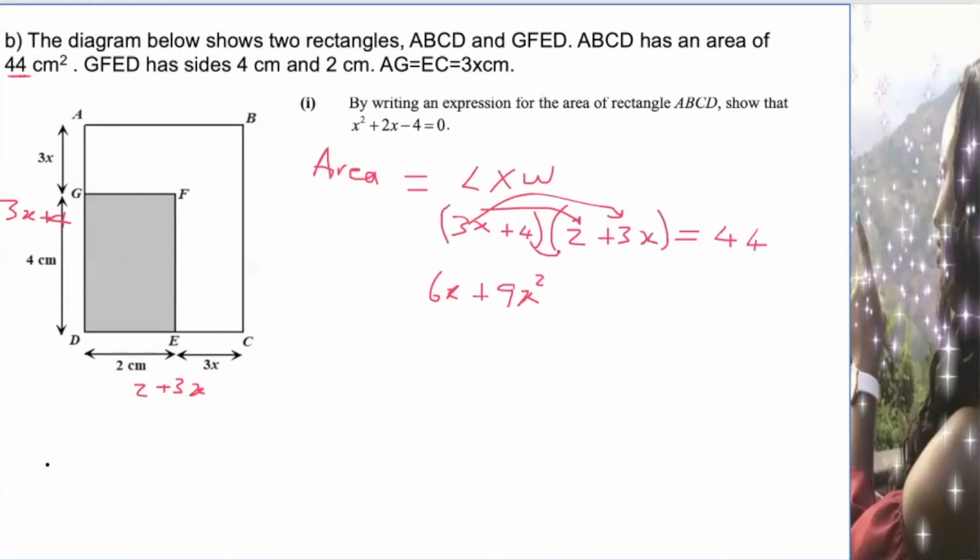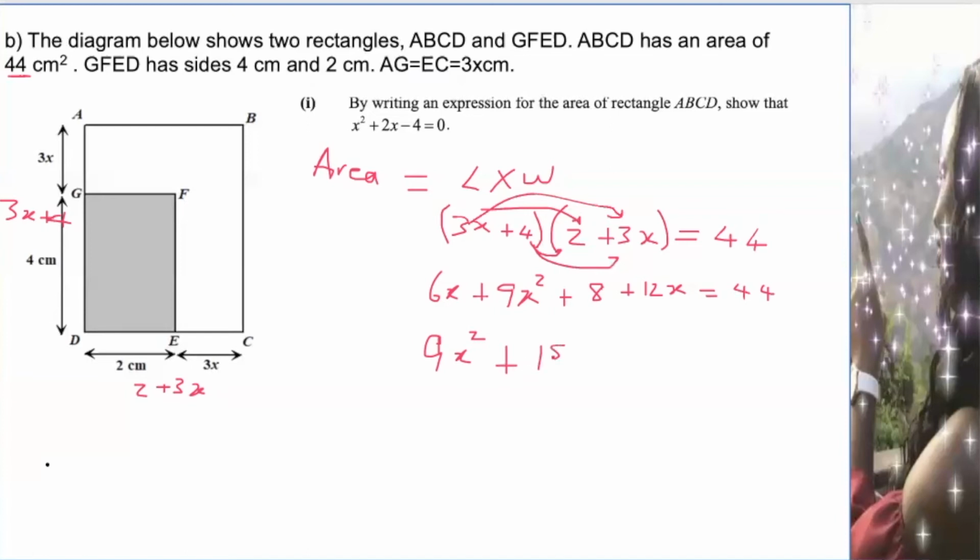Then 4 times 2, that gives me 8. And then 4 times 3x, that's 12x. And then I go ahead and write equal 44. Now I'm going to simplify, so 6x and 12x can be added, and I can write the 9x squared first. Then add 6x plus 12x, that gives us 18x. So let me go ahead and write 18x,